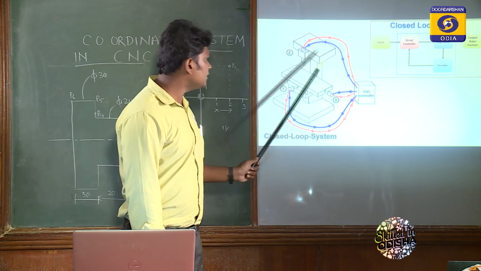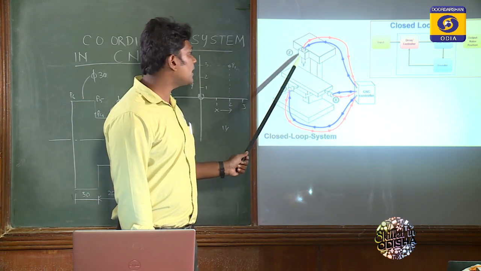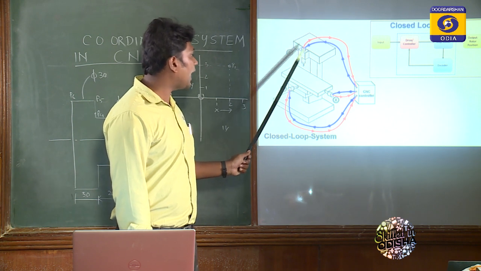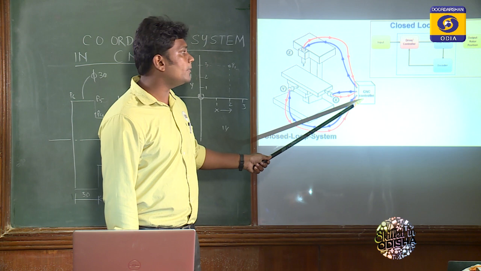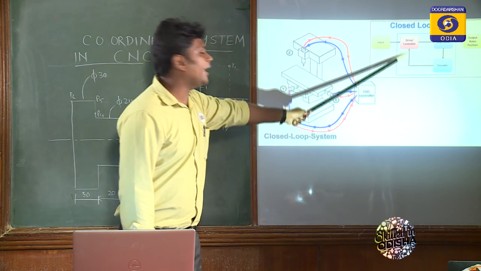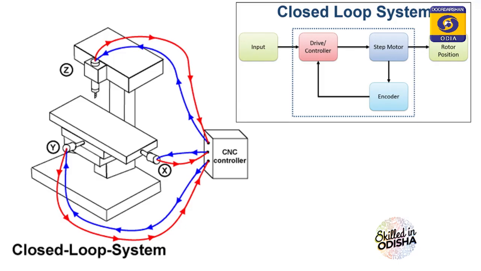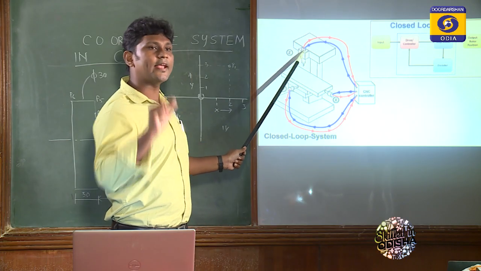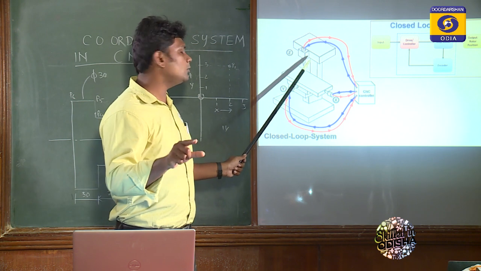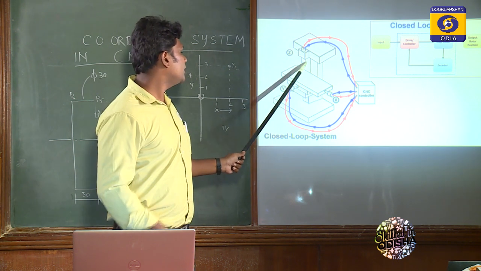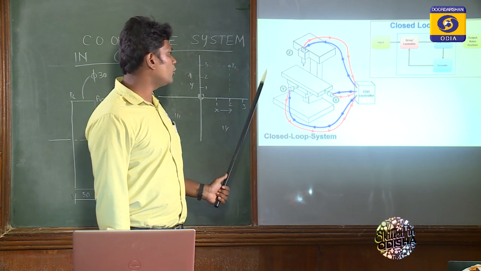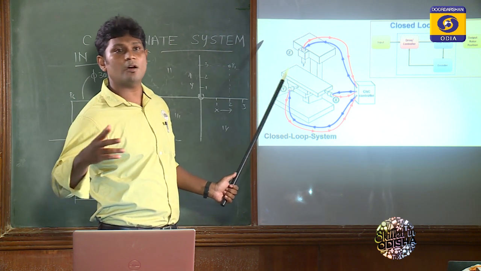Now if the system has not got the required position or required velocity with respect to our program, then what happens? The encoder will give some error or some difference in the values. This difference or error will be taken by the drive, and another electronic pulse or signal will be provided to our drives to get the exact position or exact velocity with respect to the program. So in this system there would be no chances of misalignment or backlash error.